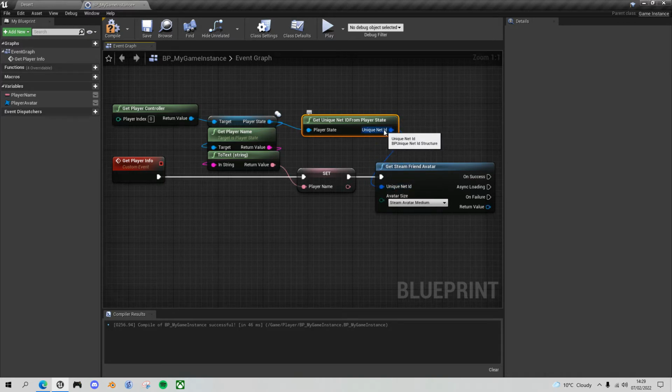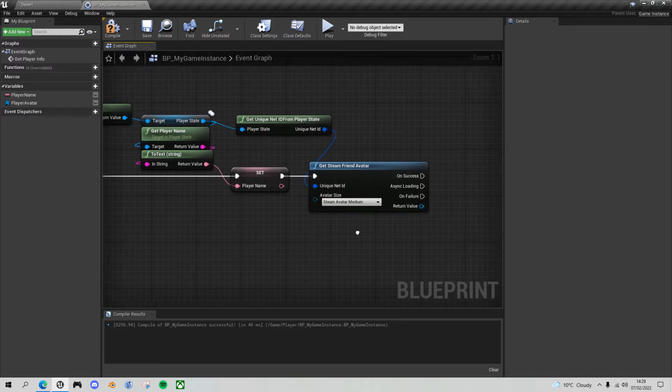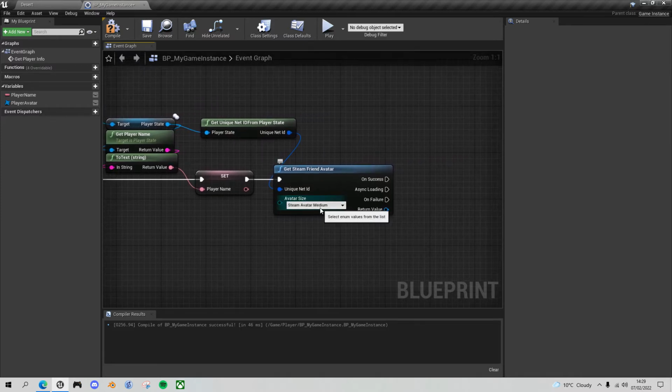and it will use that ID in order to retrieve the avatar. You've got 3 different sizes of avatars: small, medium and large. I've gone for the medium here, which is the default, and the medium is 64 by 64 pixels in size. So all I need to do now is take our player avatar, Alt,